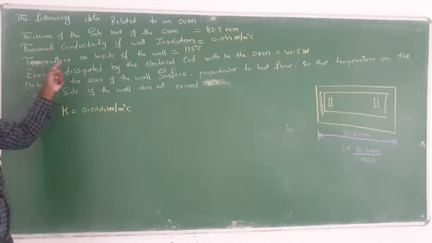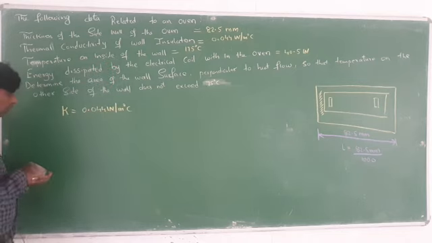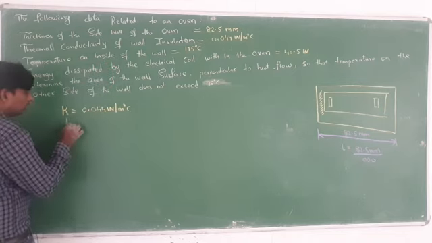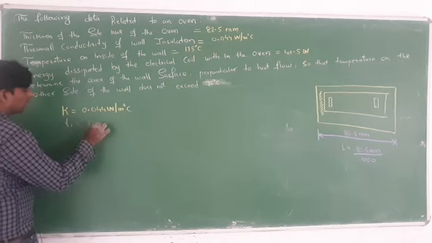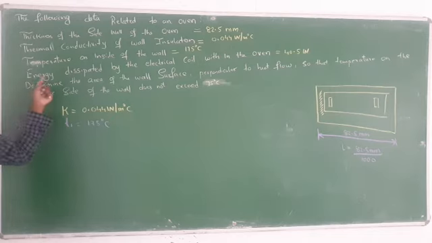After that, temperature on the inside of the wall. So T1 is given. T1 is equal to how much you have to take? 175 degree centigrade. And energy